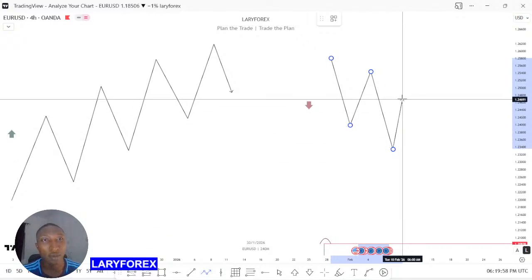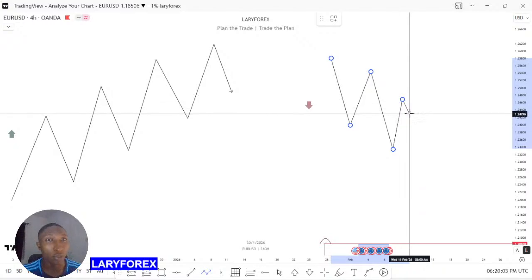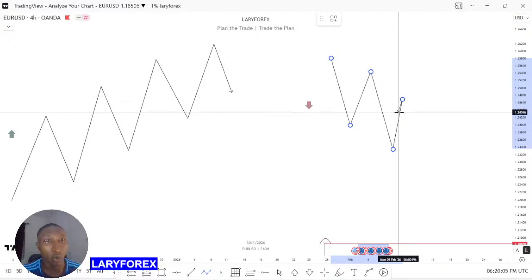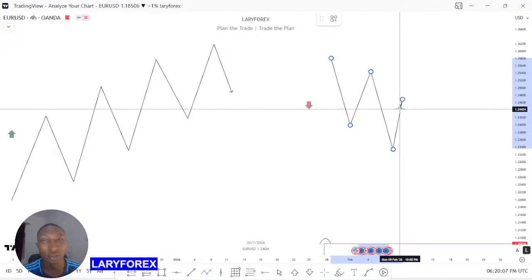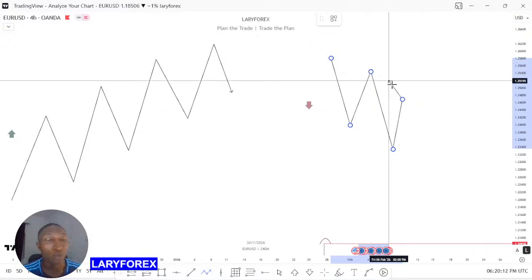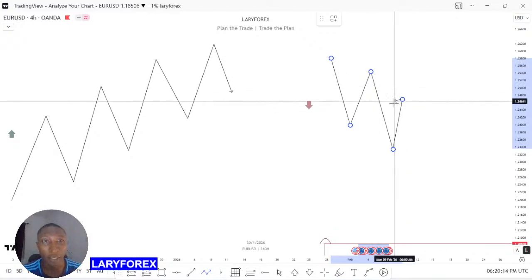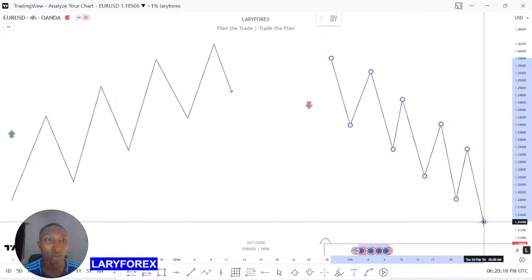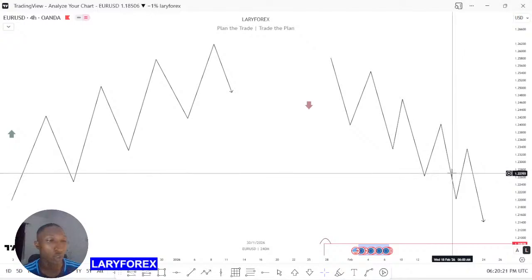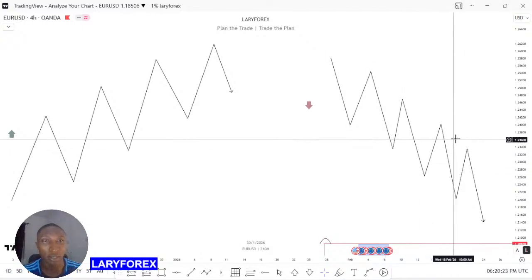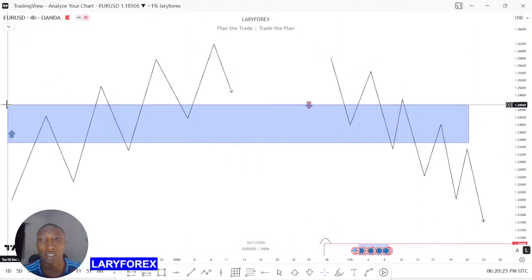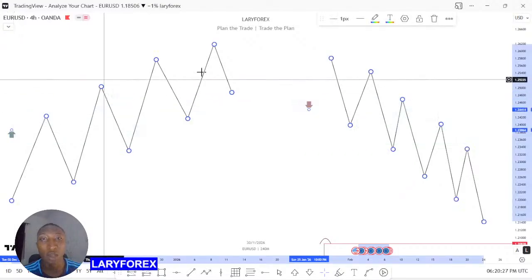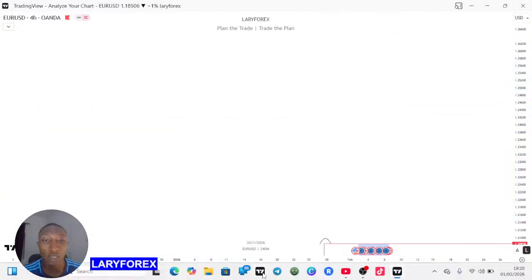Now we have a lower high. Another high here, but this particular one is called a lower high. And why is it called a lower high? Because it is lower than the previous high. For the fact that the market is on a bearish scenario, we keep getting lower lows, lower highs, lower lows, until price reverses the trend and starts printing otherwise. So now that we understand the way the market moves,